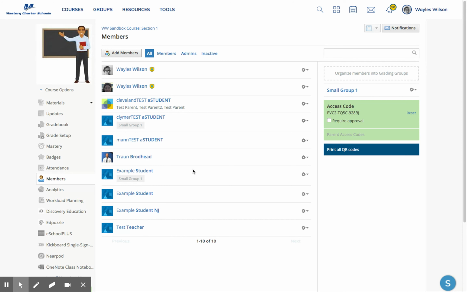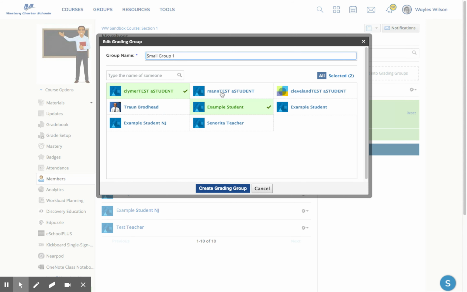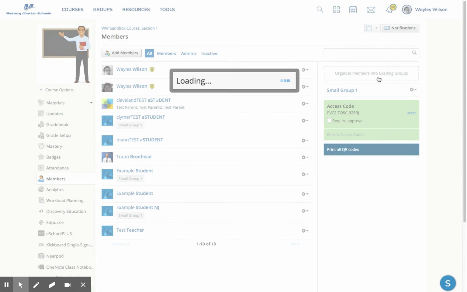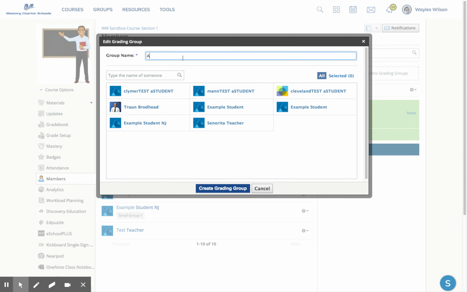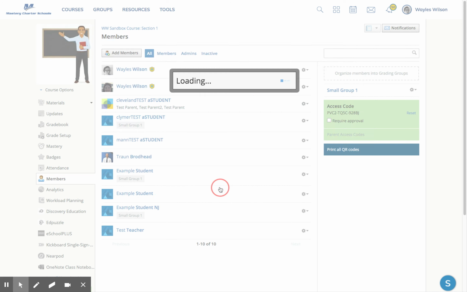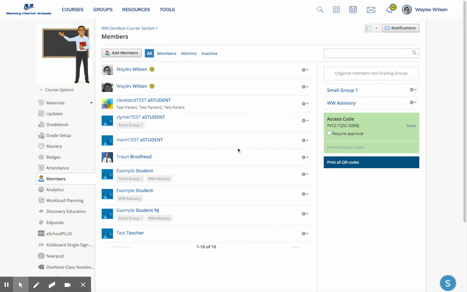want to monitor, and I recommend creating a grading group. So I already created a grading group here. I can edit by just selecting the individual students. I can also create a small grading group. So I can make it my advisory, and maybe these 3 example students are going to be in my grading group. So one of the interesting things that you can use the grading group for is that in